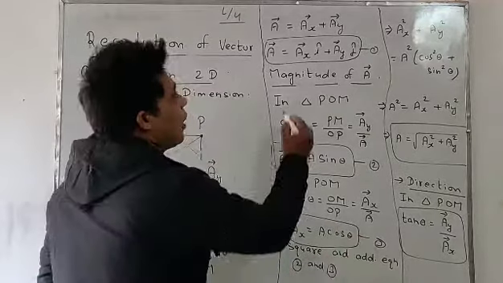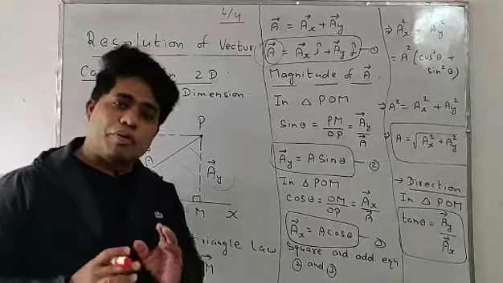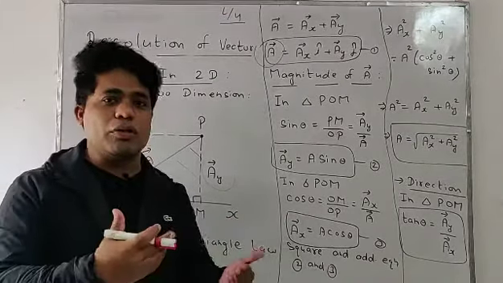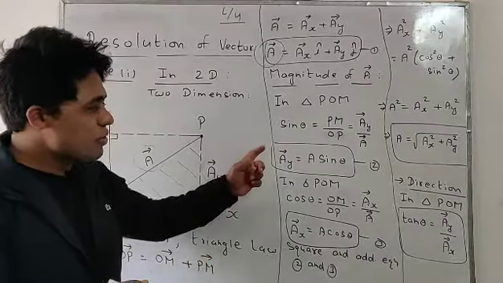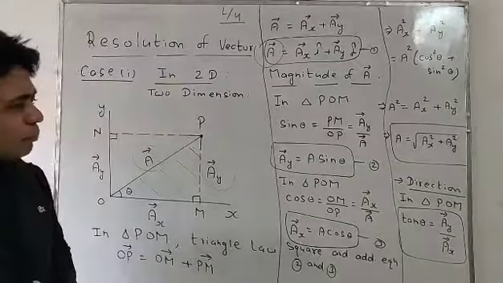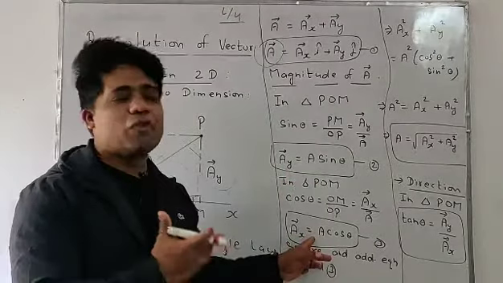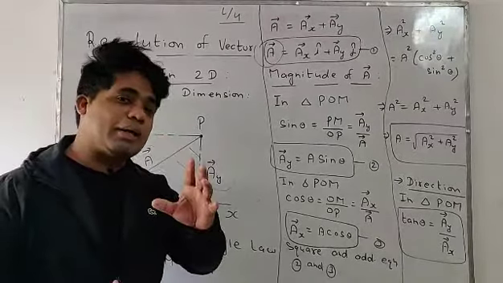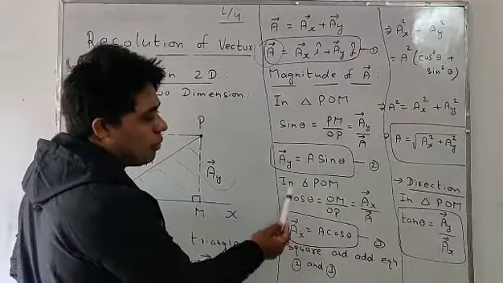Now students, we have to find the magnitude of vector A, because we have proved that we can divide the vector in two parts, we can resolve the vector. So now we have to find its magnitude as well as direction. Equation second divided by third will give direction, but first of all, we find the magnitude. So what do we do, students? Squaring and adding equation second and third. So square and add both the equations.